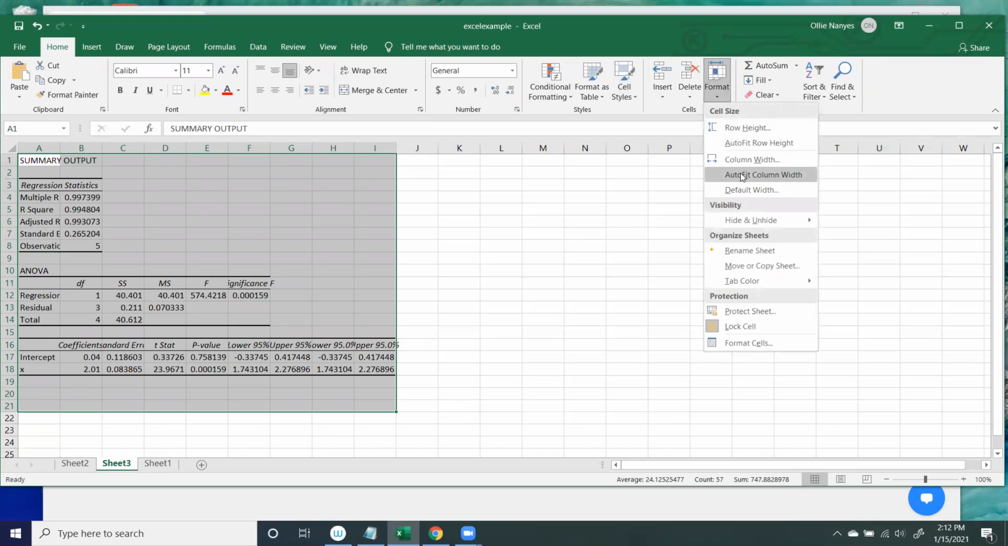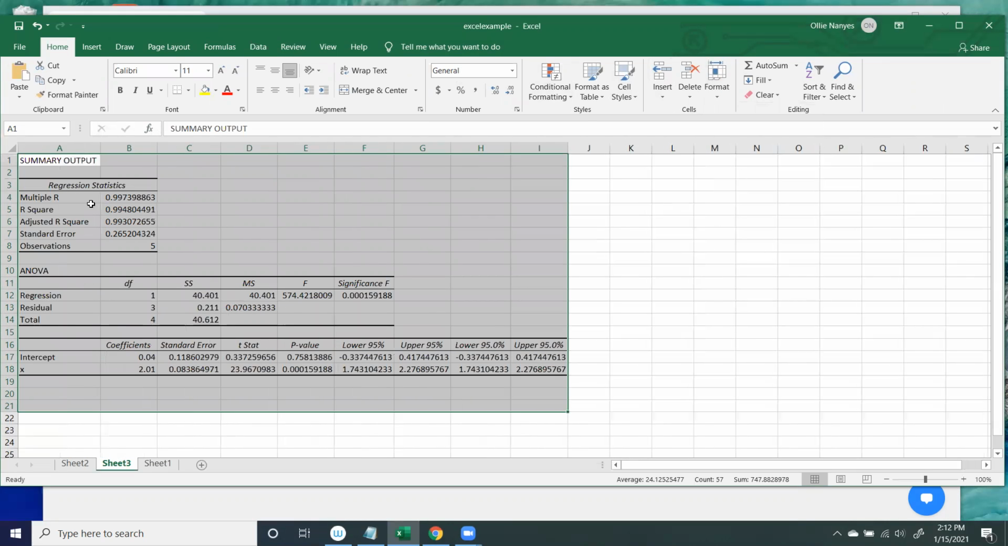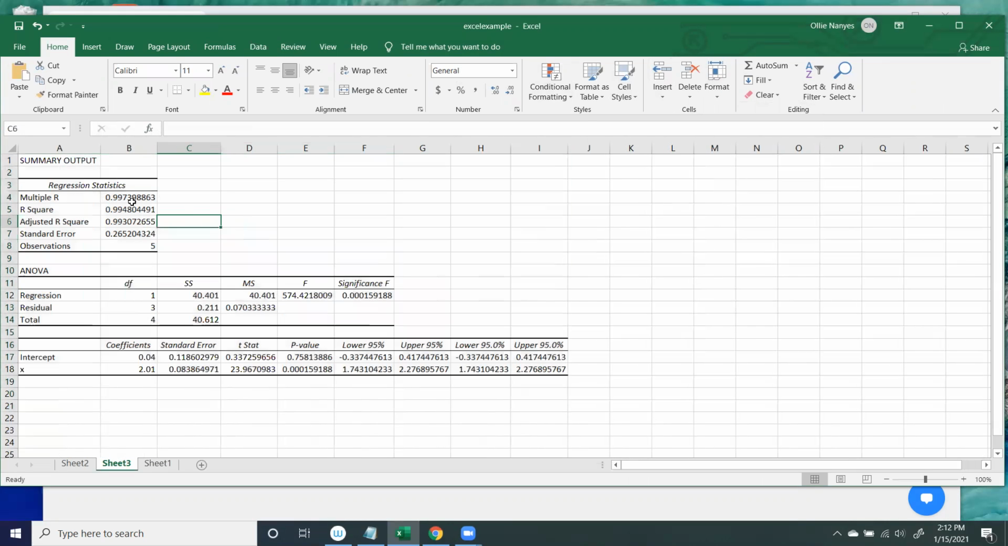So I'm going to stretch this out with the auto column width. And now you have a nice little ANOVA table. You have your regression statistics. And it tells you the regression line is about 0.04 plus 2.01 times x, which is a reasonable thing for this little dinky data set. But anyway, that's a quick little